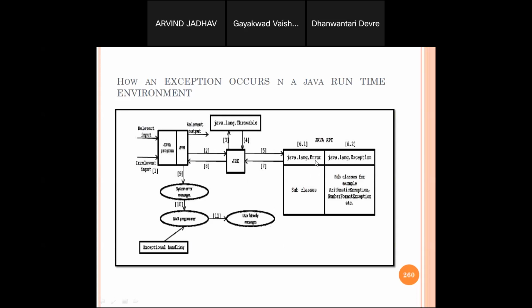This error class and this exception class is a subclass of throwable. Make a note of that these are the asynchronous exception and these are the synchronous exception।